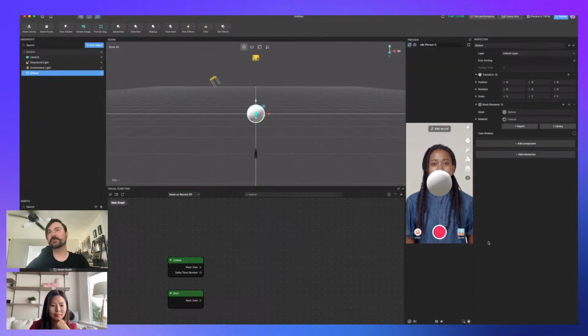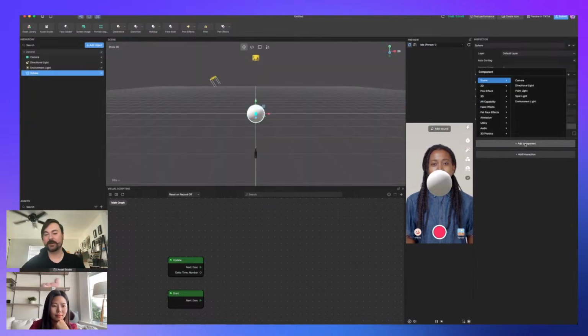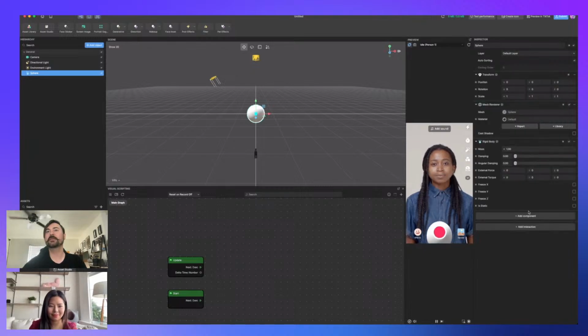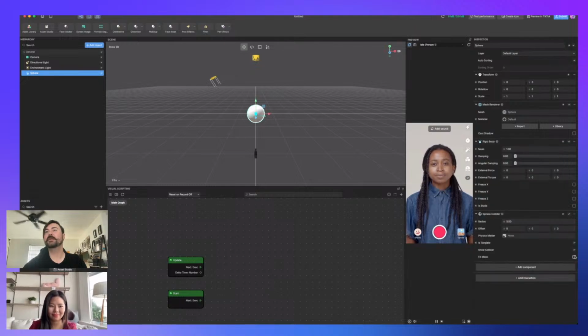And the first thing you want to do on the 3D sphere, if you're going to make a physics-based effect, is go to 3D physics and add rigid body and sphere collider. Now I just always click fit mesh on the sphere collider. You can see it's almost perfectly 5. So that works. And then, if you don't want it to fall off the screen at the start, you can just click is static.